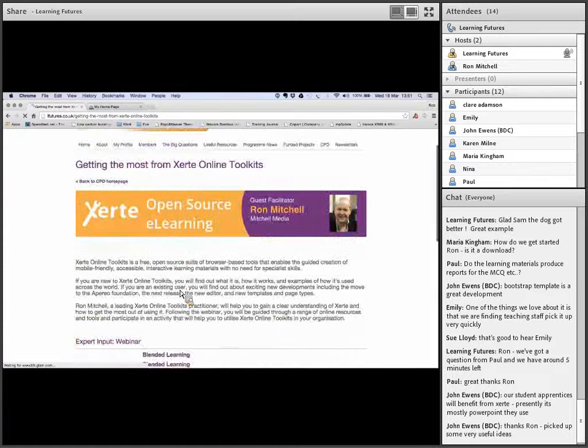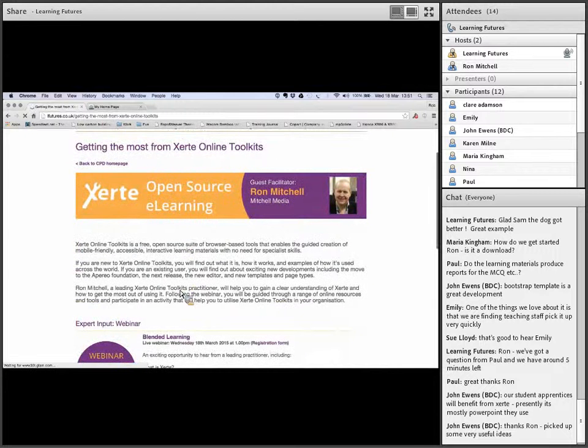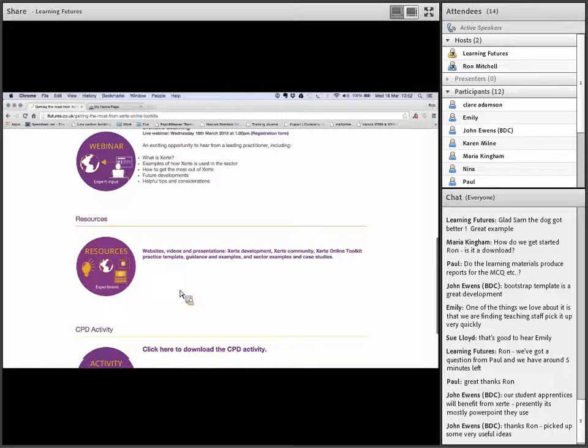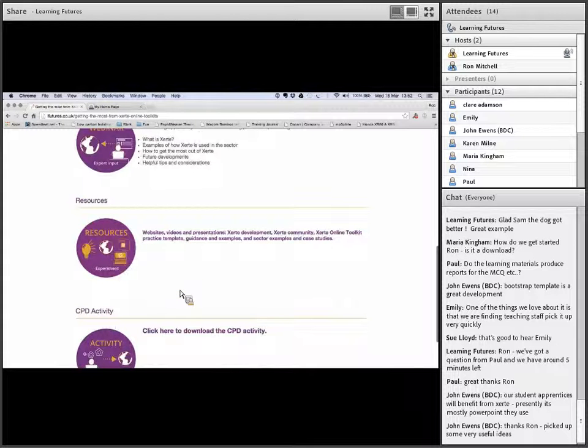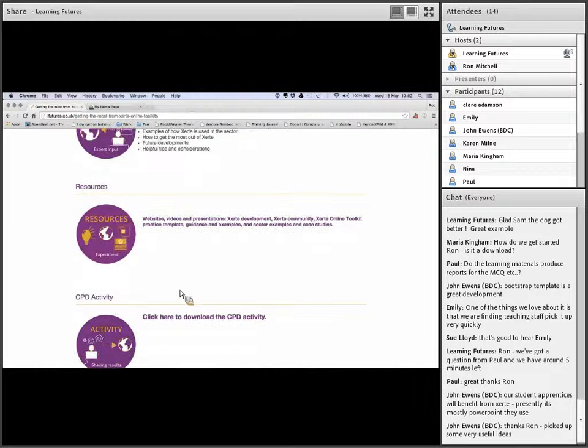And you see that the module is broken into the 3 steps that we said at the start. So we've got the input from Ron and the examples that we've got some time to look at following the webinar. But we've also put together some online resources and a CPD activity as well.